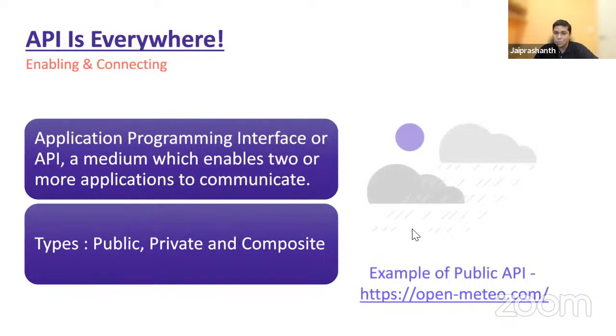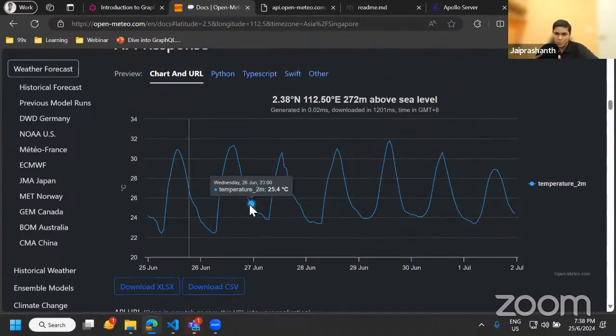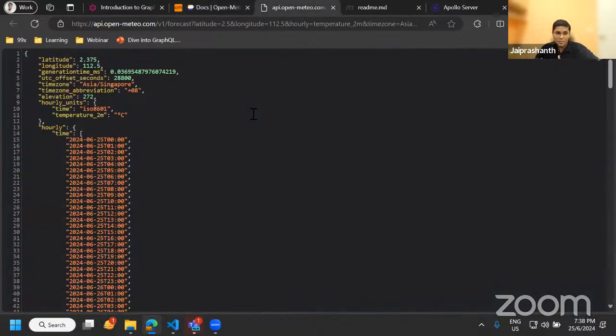Let's take a quick detour to look at a public API. I have a browser tab open here to share with everybody this public API. From here, you can see that we do not need to go through any authentication. This is accessible by anybody, including you and me. There is no authentication required. And if you were to dive into the data provided, we could see there's a REST API taking place, and this is how we are retrieving the data. So coming back to our slide,